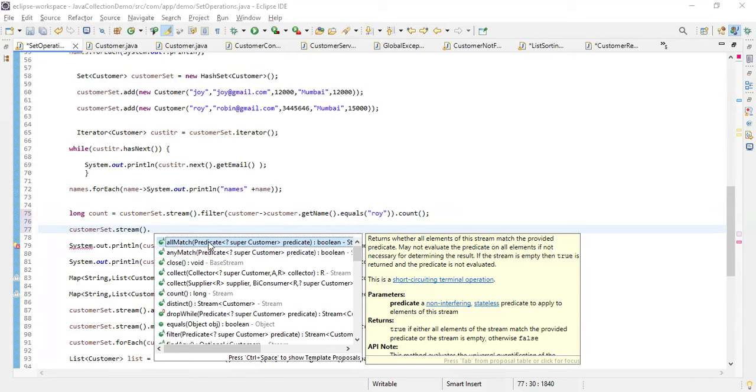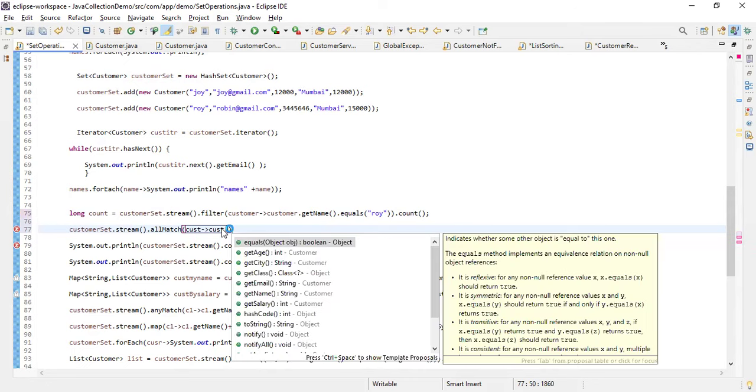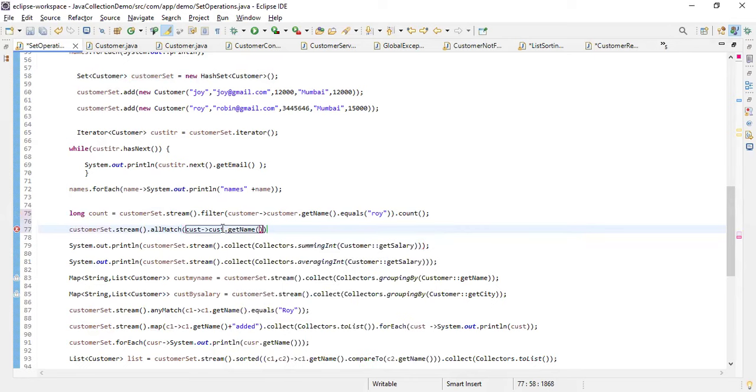So for allMatch, let's say you are saying cust, and then cust dot getName, and getName is again Roy. So you also need to understand there is one scenario here: getName dot equals, and then here you can specify the condition.